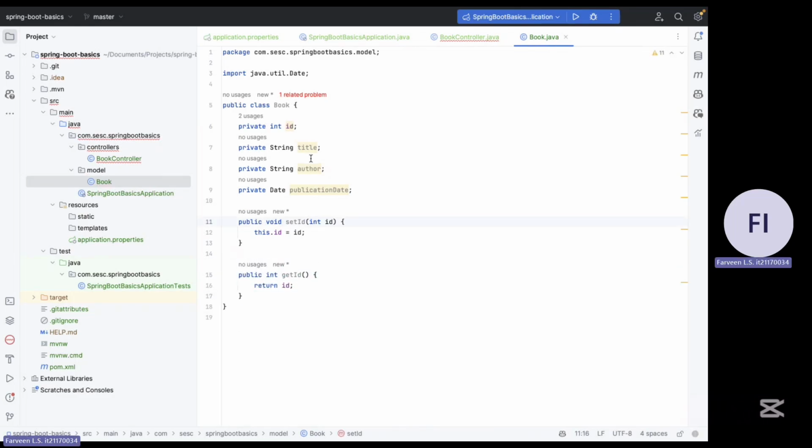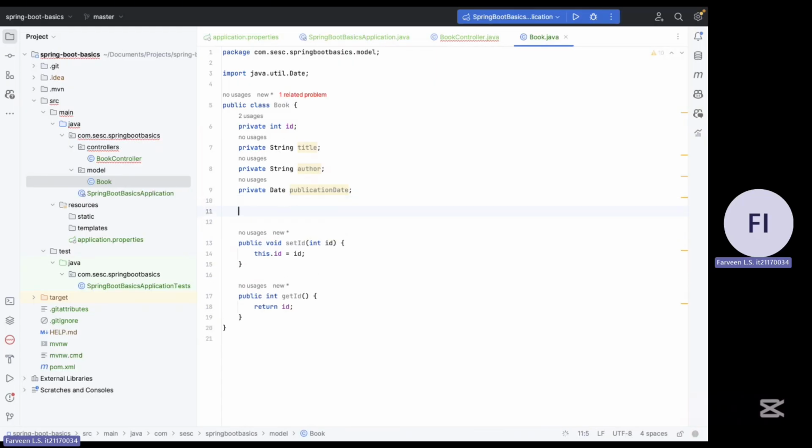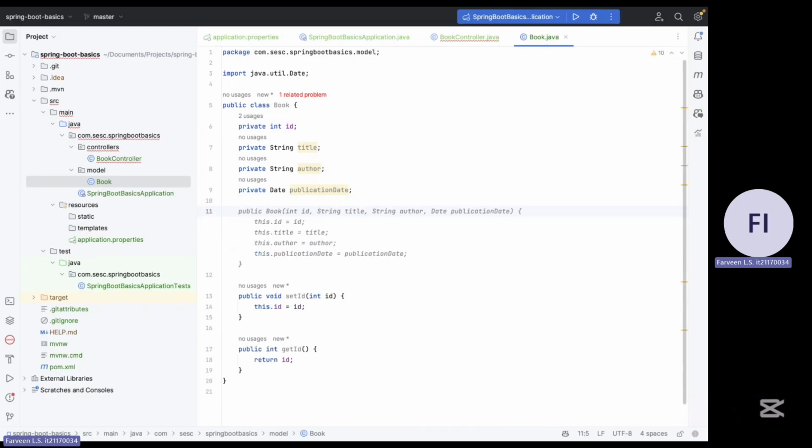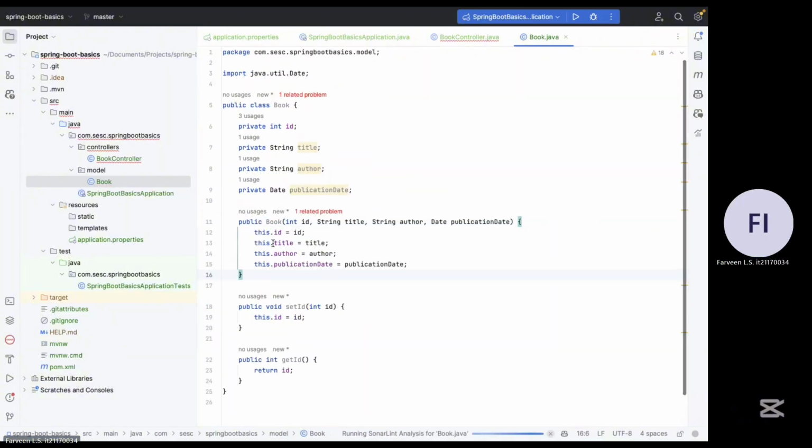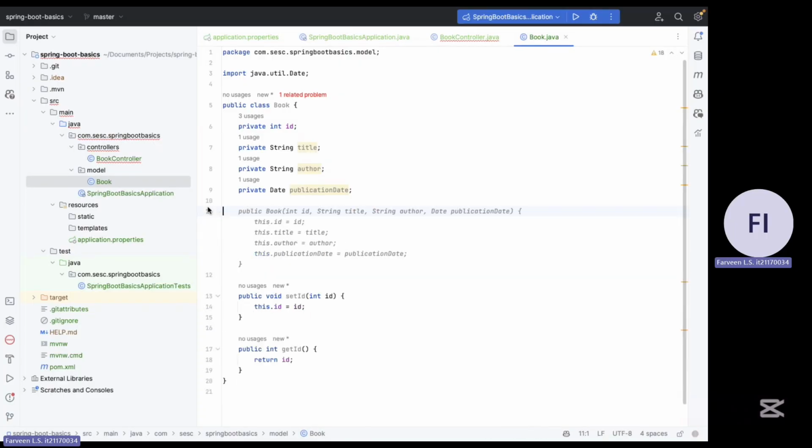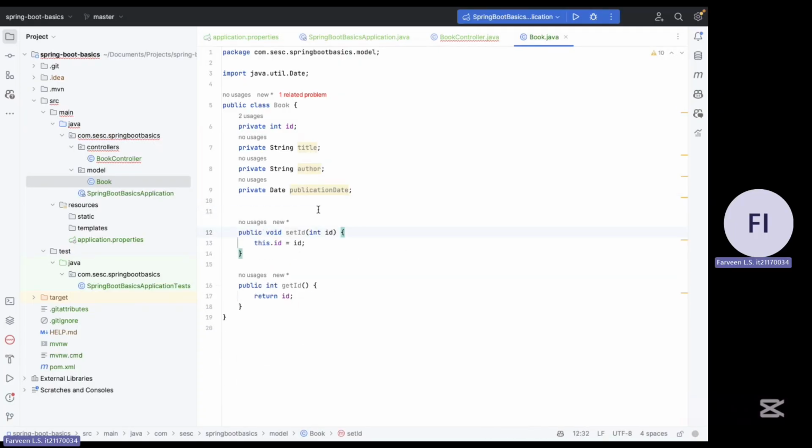Likewise, we can do it for all the variables we have set here. And we also can't initialize this class at the moment since there aren't any constructors being set, so we can do that as well. But the main thing I want to highlight here is that we are going to write